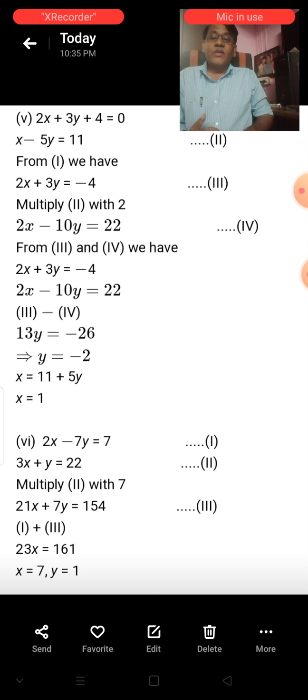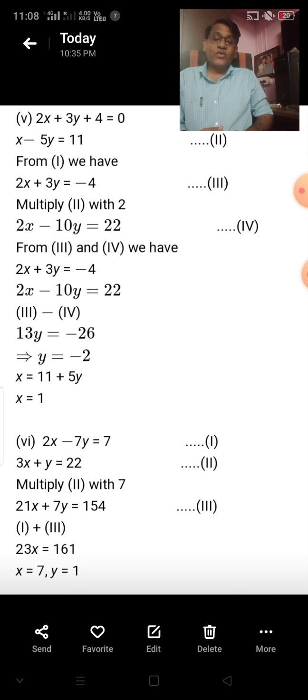Here in equation number 3, 2x is there, and in equation number 2, there is only x. So you have to multiply equation 2 by 2. When you multiply equation 2 by 2, you get 2x minus 10y is equal to 22. So from equations 3 and 4, we have 2x plus 3y is equal to minus 4, and 2x minus 10y